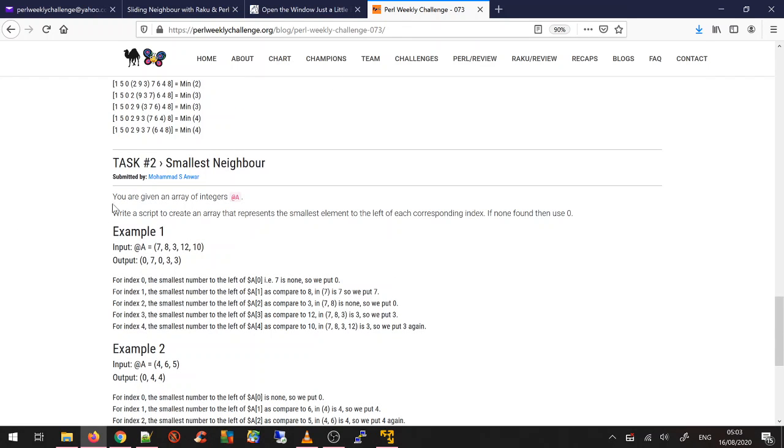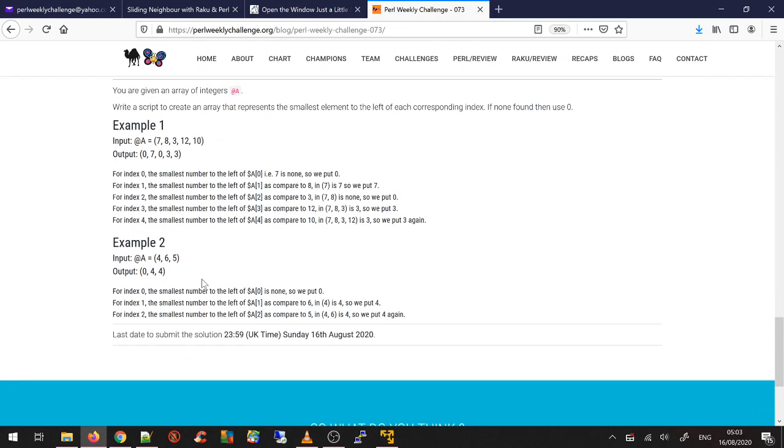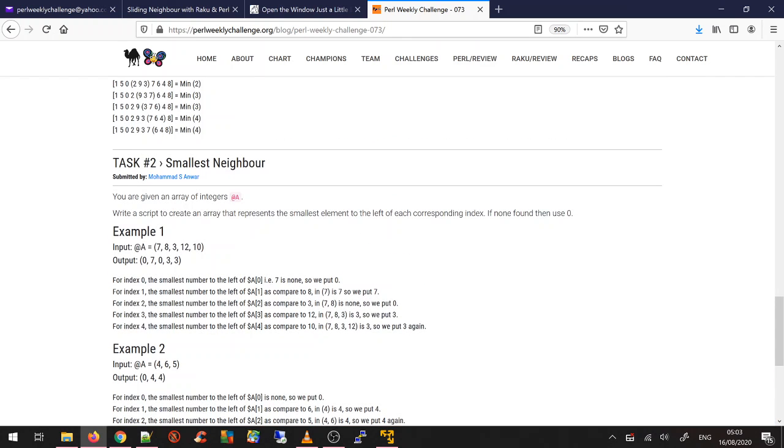So what is it? You are given an array of integers. Write a script to create an array that represents the smallest element to the left of each corresponding index. If none found, then use 0. So I got two examples. Okay, that's nice. So if the array is this set of numbers,